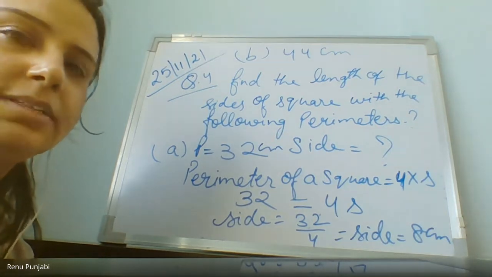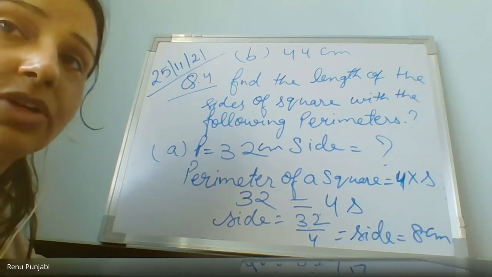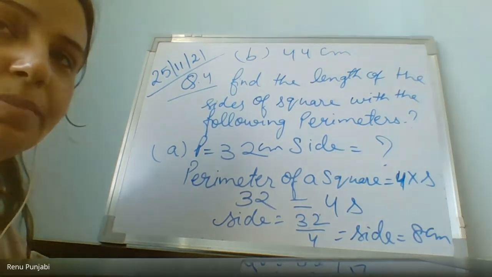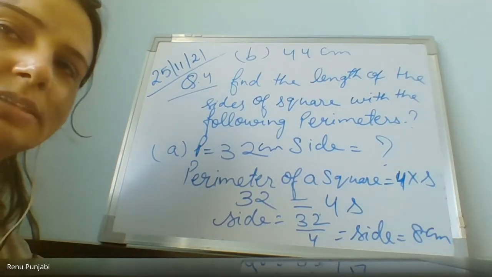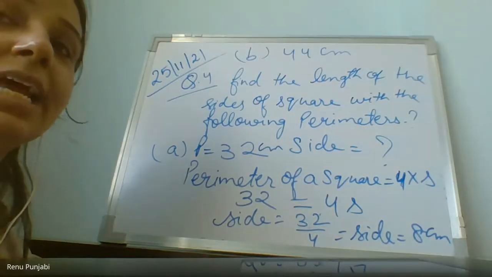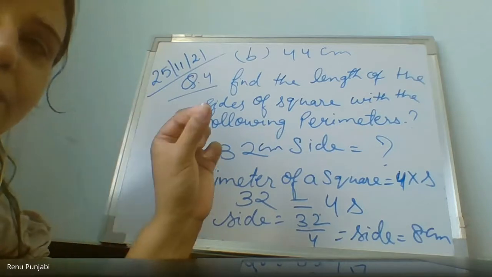Nishika, can you give me your perimeter and your side? Any perimeter of a square, not the rectangle I'm talking about. Ma'am, a square's perimeter can be 12 centimeter. What will be the side of that square then? Side of the square means the area. No, side I'm talking, each side. Perimeter is given.